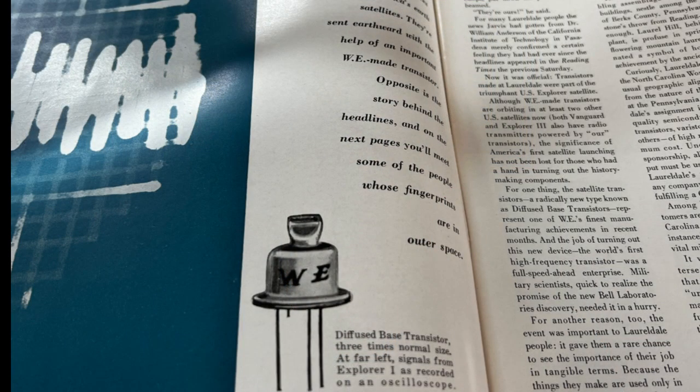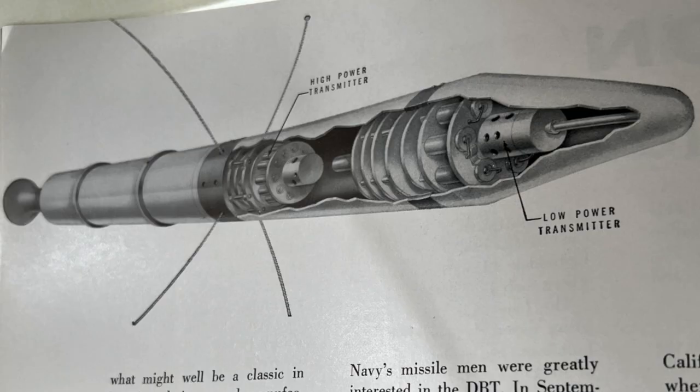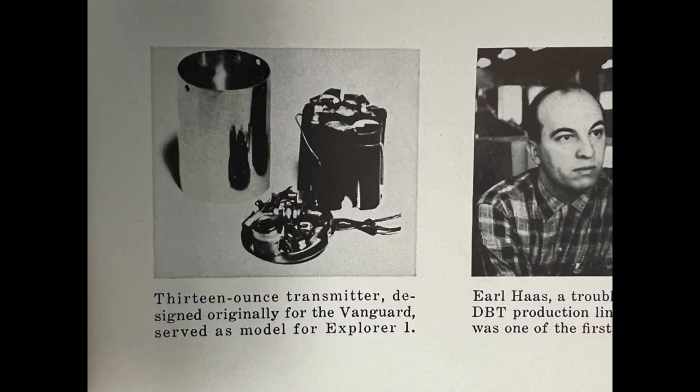In January of 1956, Bell Systems developed their most stable and reliable germanium transistor, the diffuse-base transistor. For the Explorer 1 satellite, Western Electric used the new diffuse-base transistors in both the low and high-power transmitters. Even though the Explorer 1 was the first U.S. satellite to make it into space, it still borrowed some design features from the Vanguard, which had gone into production